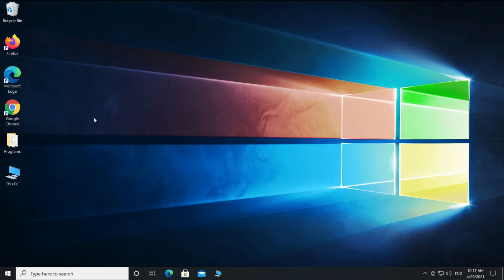If Windows 10 does not start or boot and the system repair does not work, then this video will help you to save your data from your hard drive. If you don't want to save any data, I recommend reinstalling Windows 10. You will find a simple video on the top right in the info cards or in the video description below.